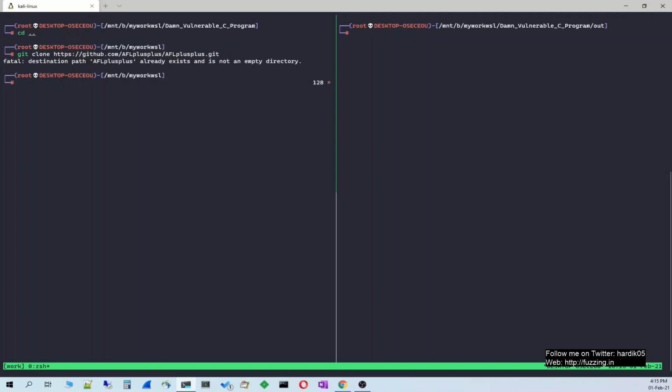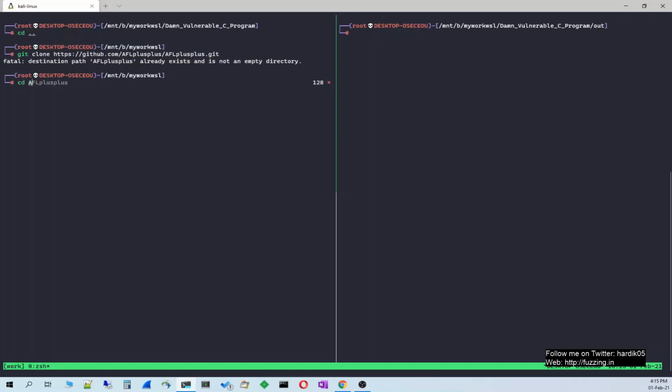In my case I have already cloned the AFL++ repo on my local system, so I'm getting this message that destination path already exists. But in your case, if you don't have the AFL++ repo, then it should be able to clone the repo on your system.